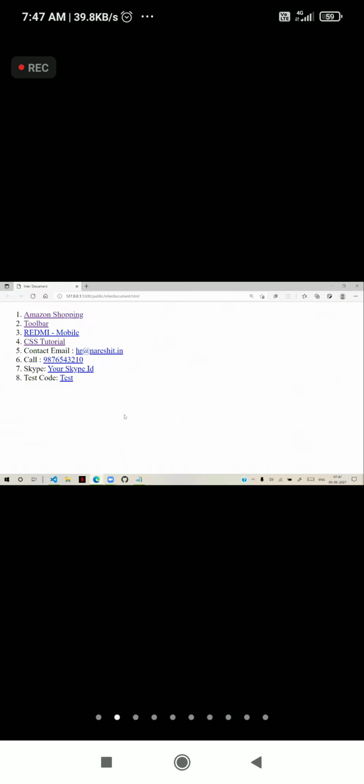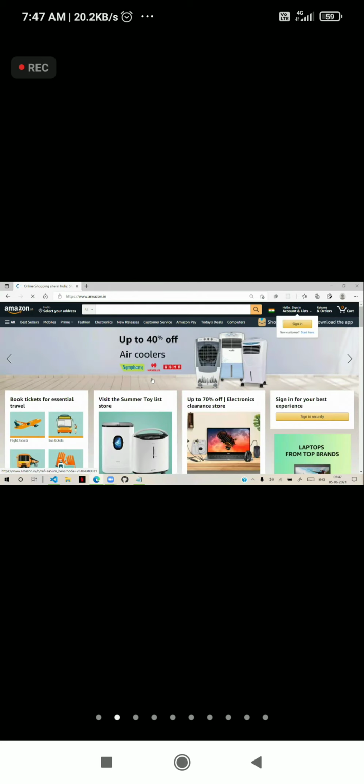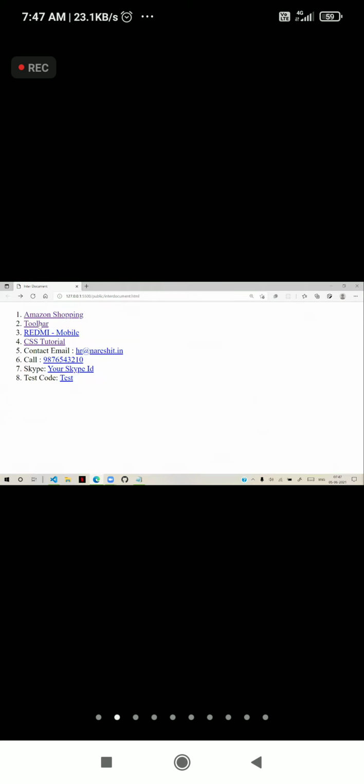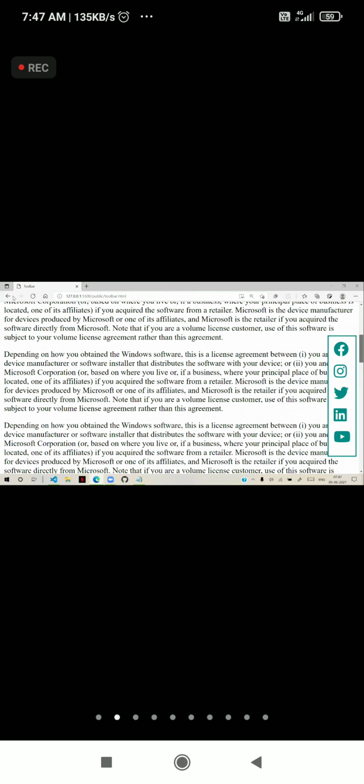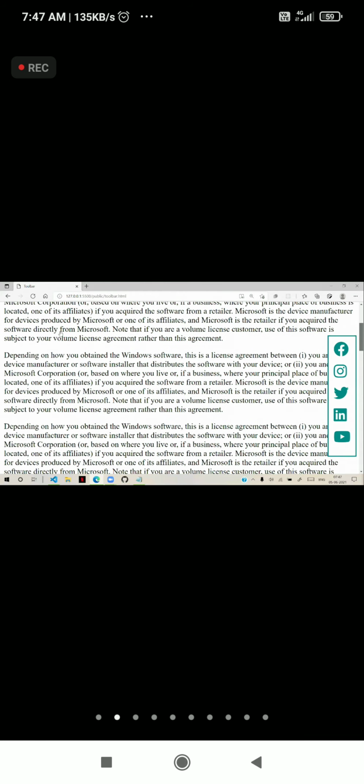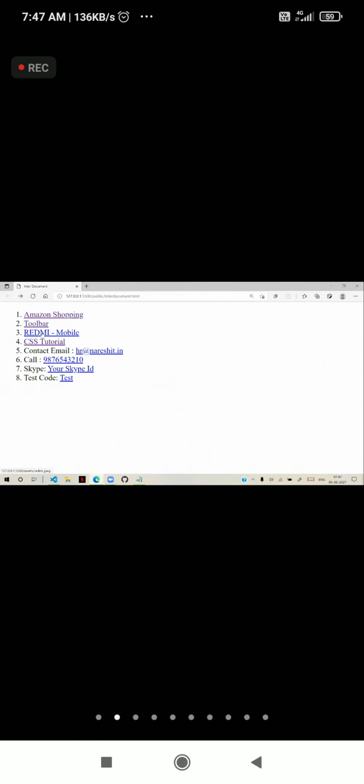Now you see here, the first link, when I click, it will navigate from our page to another website. That's working fine. Okay, go back. The second one navigates to a page in our project. This read my mobile link navigates to a photo and accesses the photo here. So it can be some photo.